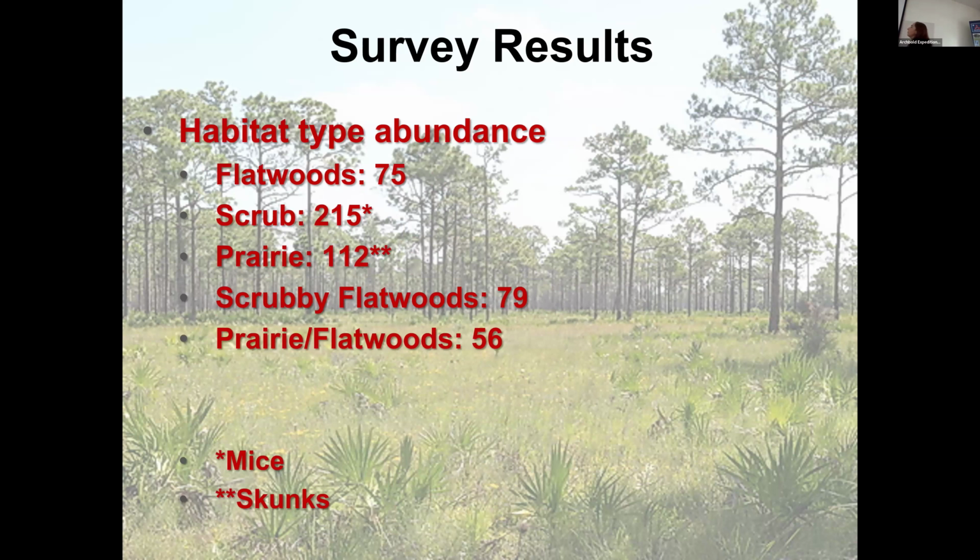As far as habitats, we've gotten animals in all the habitats. These numbers are strangely inflated because of certain individuals. So we actually have probably the most individuals in the scrubby flatwoods, but we have some mice that are probably the same individual that come into the cameras every 30 minutes, the same mouse over and over again. Because it's not staying there, I have to consider it another record. And so that's why we have in the scrub, 1 million mice, but it's probably just a few individual mice